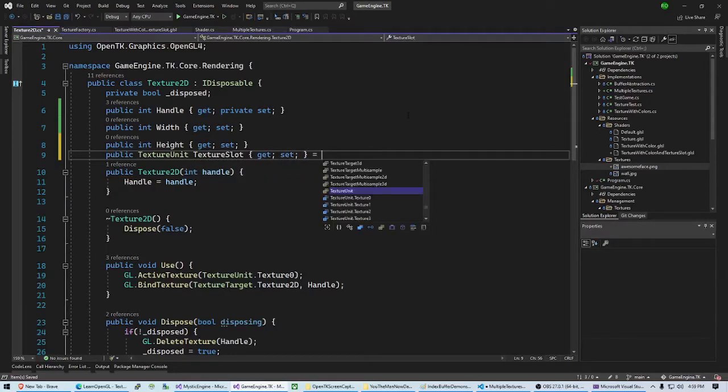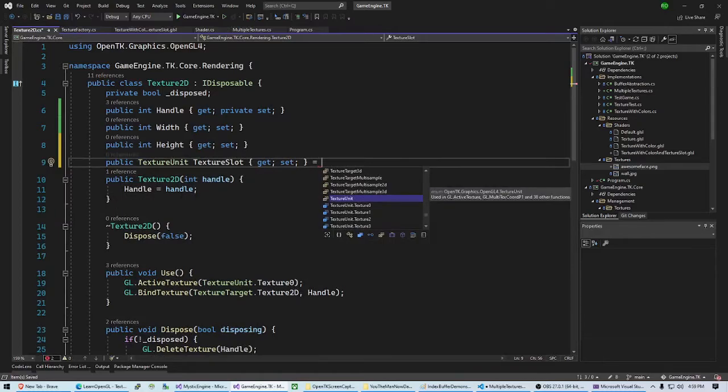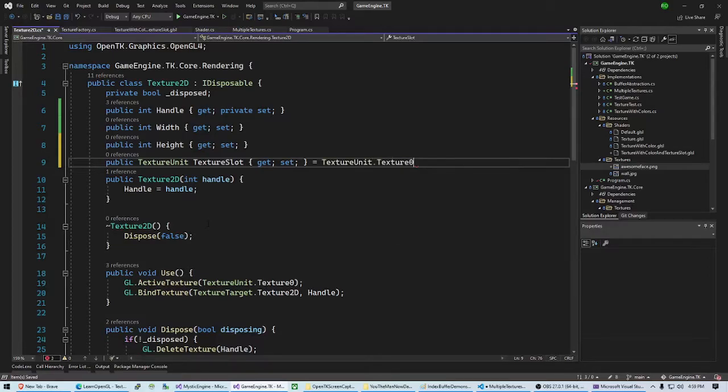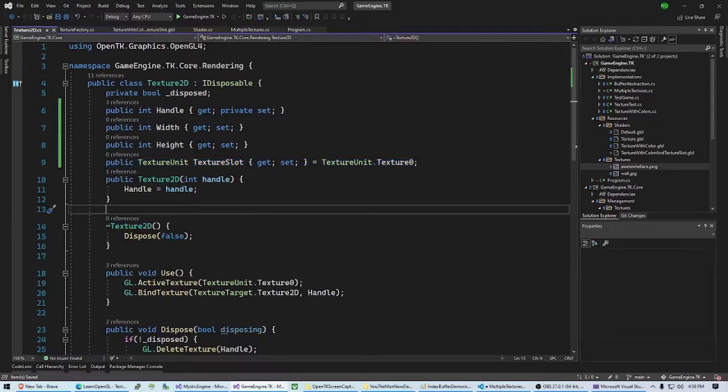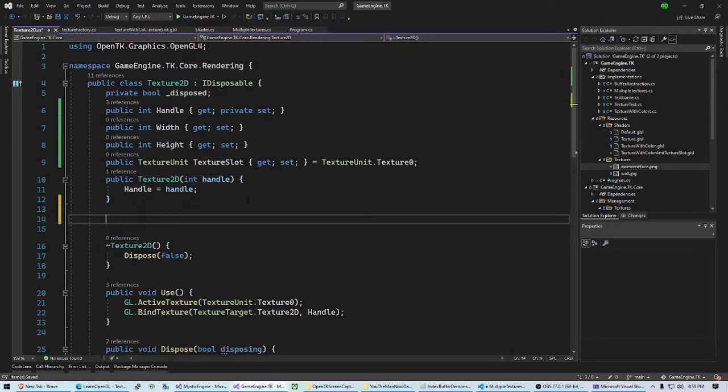But we also just want to support legacy and these older constructors, so we can still go back and use some of our old stuff. We'll just have it default to texture unit 0, so if you do not supply this during the constructor or explicitly set it, it will just fall back on the old way that we're handling textures. And there might be some instances where we don't care about the texture slot, but maybe we just want to set the height and width, and that's all pretty easy to do. So let's go ahead and create a constructor. So public texture 2D,